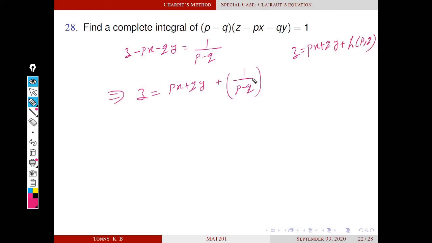So this is h of pq. From Charpit's equations, we get p equal to a constant and q equal to another arbitrary constant. Substituting p equal to a and q equal to b in the given equation, we get a complete integral. So a complete integral is equal to